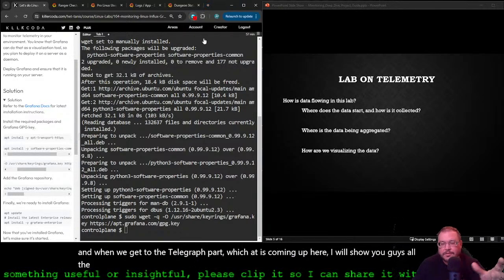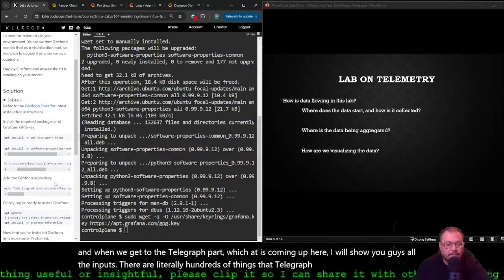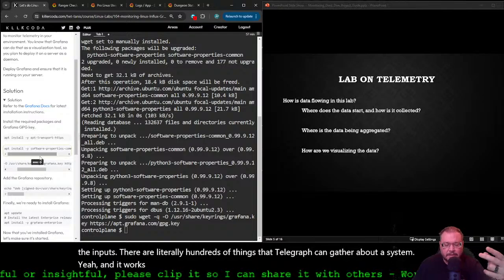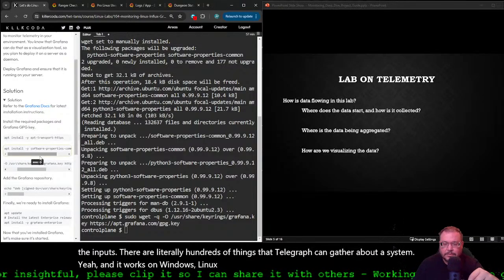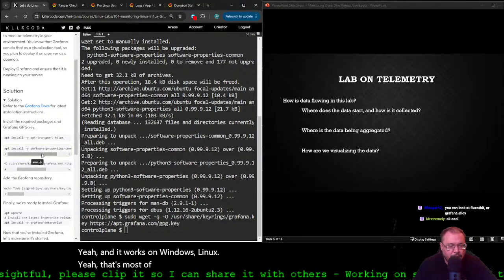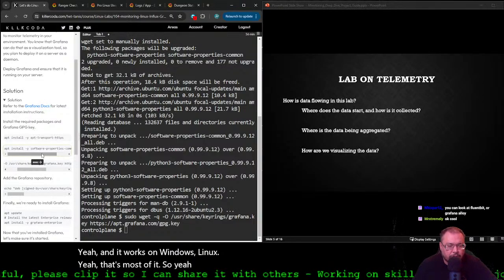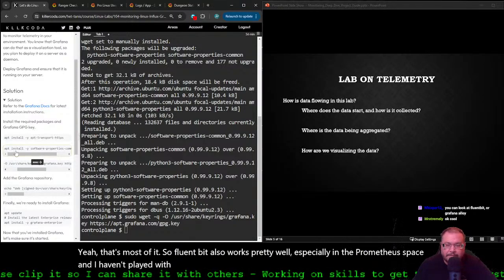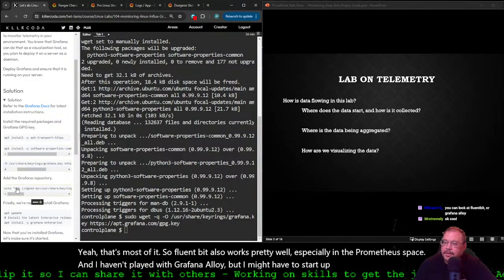There are literally hundreds of things Telegraf can gather about a system. It works on Windows and Linux. FluentBit also works pretty well, especially in the Prometheus space. I haven't played with Grafana Alloy, but I might have to step up my game a little bit here.